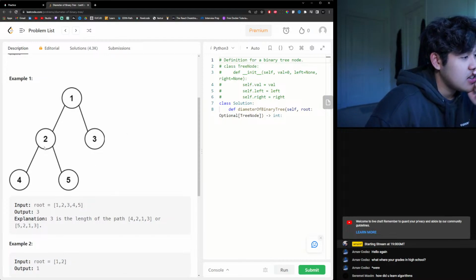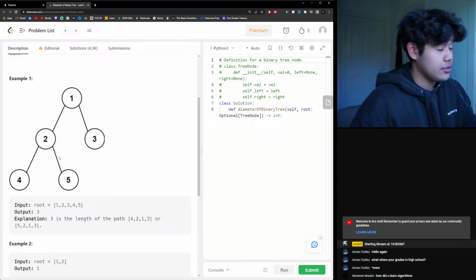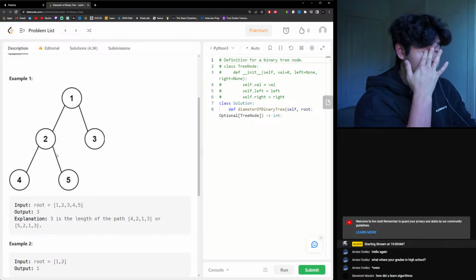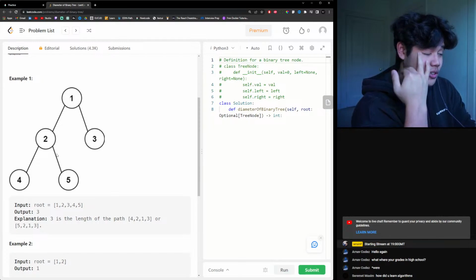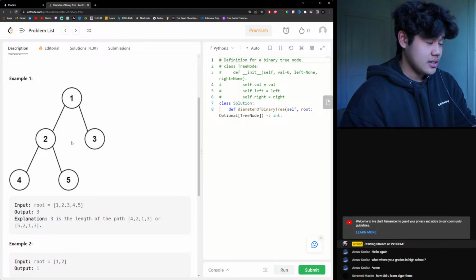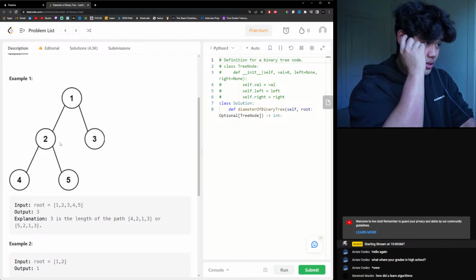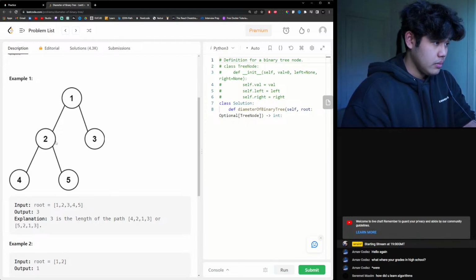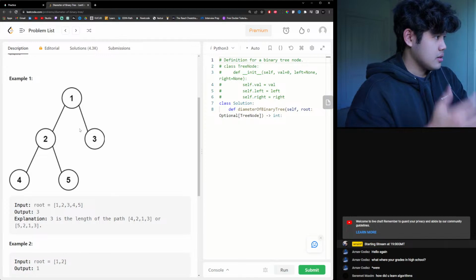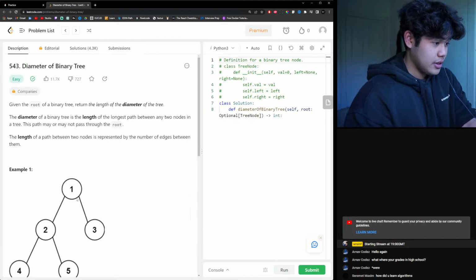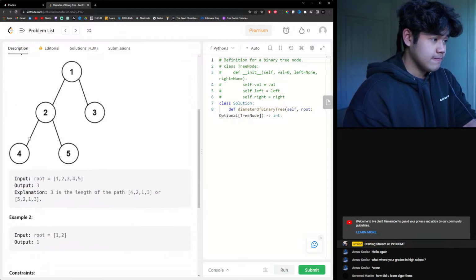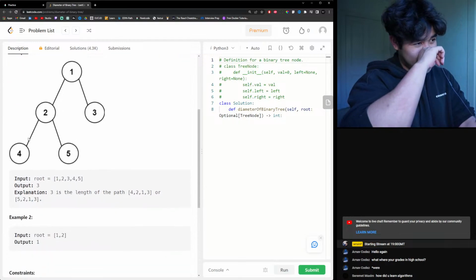Okay. We have 4, 2, 5. So we start at the, yeah. That's if we start at the root node, is that possible? Because we can definitely see that this is a 1. Because it could be 1, 2, 3 like that, right? I think that is the diameter anyway. Breadth first search. I think this is it, but